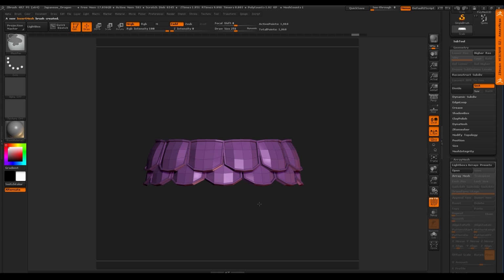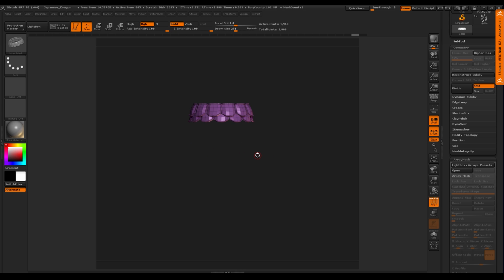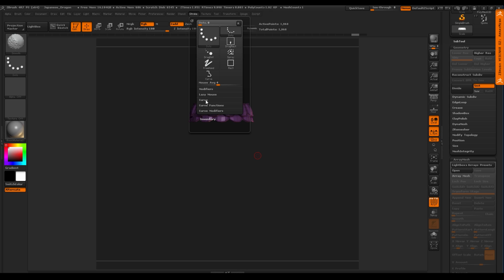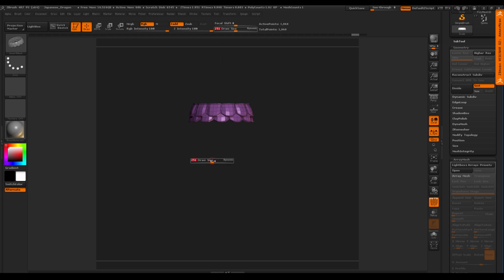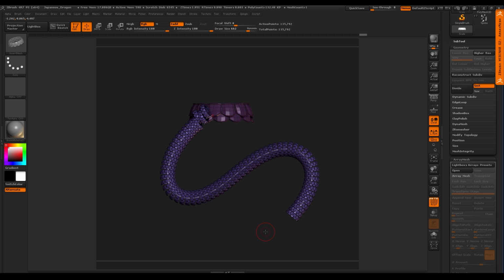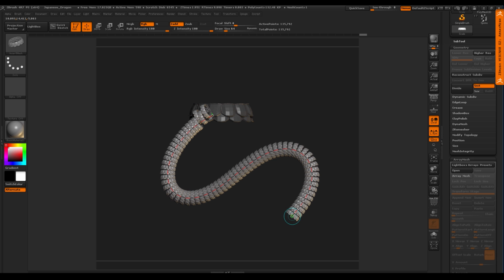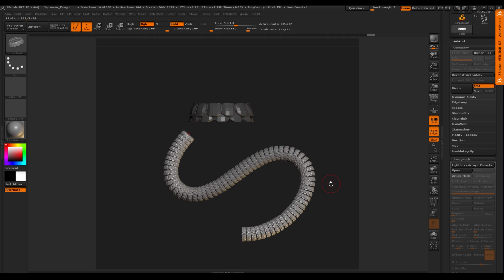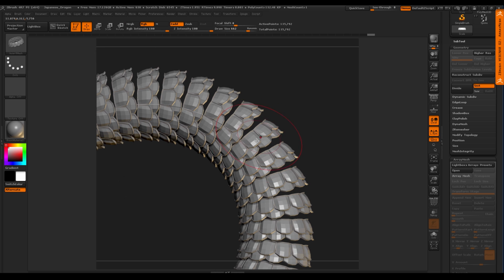But what I'm going to do is tell ZBrush I actually want this to go along a plane or a curve. So in the stroke menu, we have our curve options, and we're going to turn on curve mode. Now we're starting to get somewhere, where I was with that dragon. You can see a couple of issues here when we get in close. The gap's not right. As it's turning here, the scales aren't really moving right with what I want. So there are some options here that we can play with to fix that.